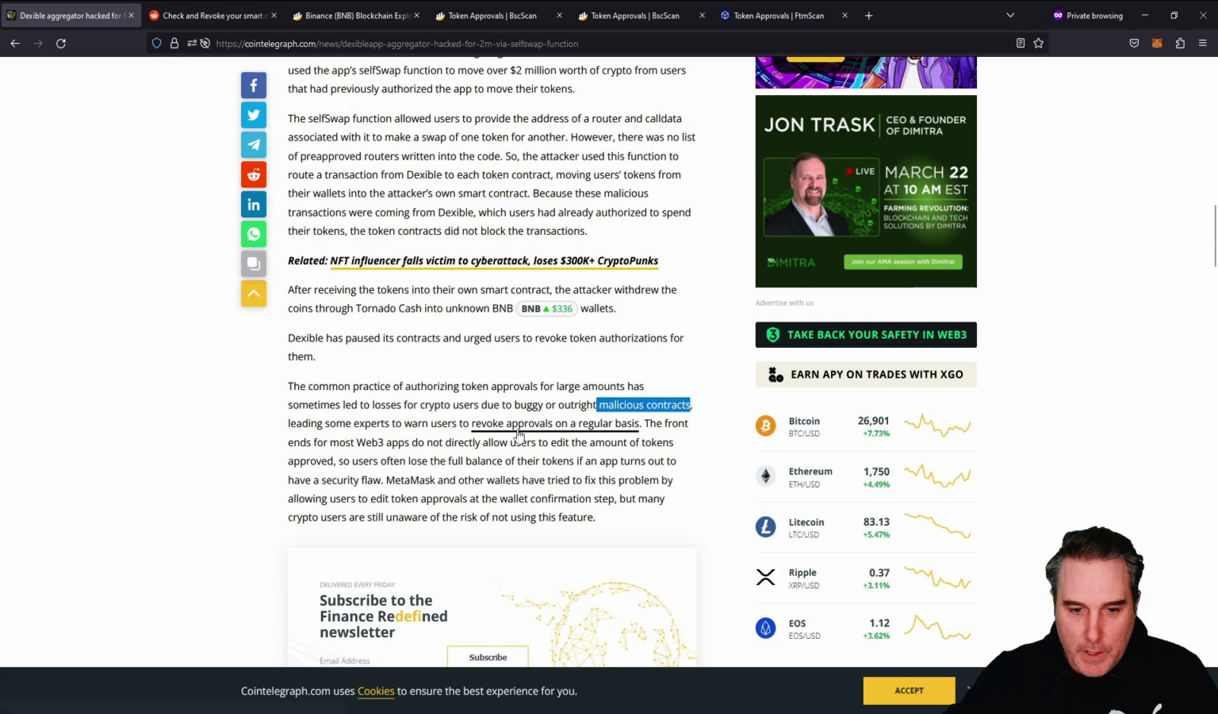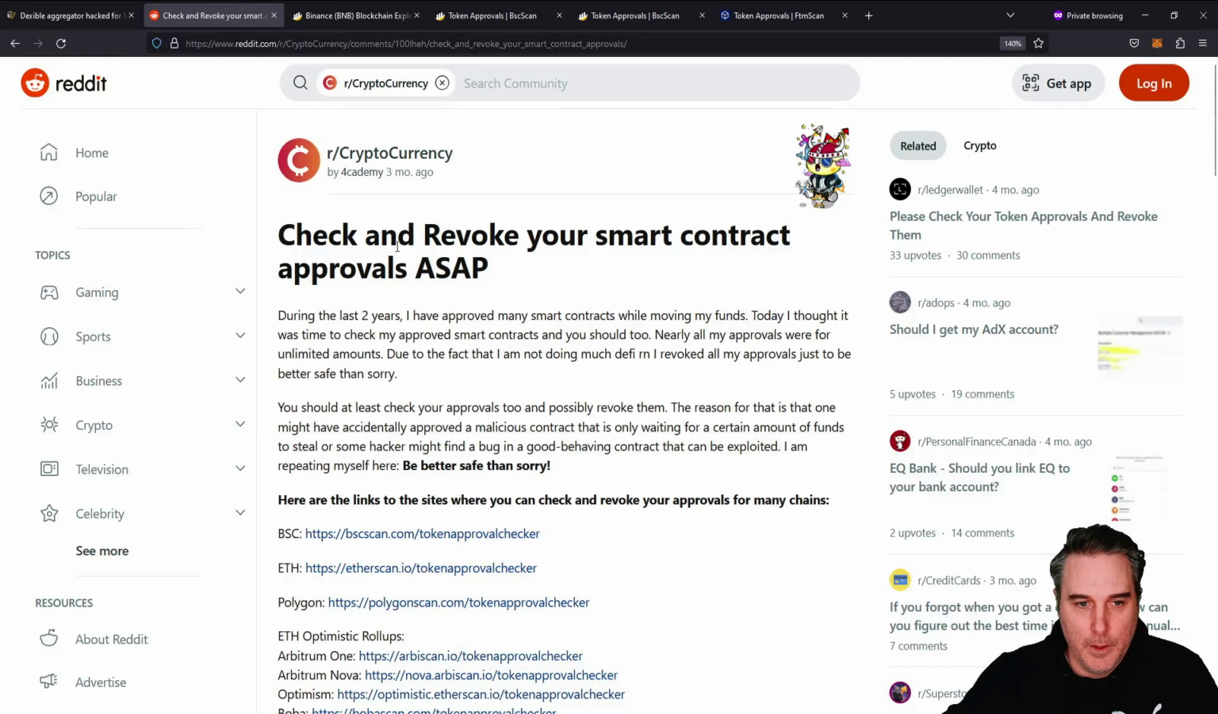So this link here takes me to one of these experts that this article talks about. And this Reddit user, again, only 3 months ago, so the point here is check and revoke your smart contract approvals as soon as possible. This user goes on to talk about, over the last few years, I've approved many smart contracts. Okay, so that's what all of us are doing is, for example, if you have the MetaMask extension like I have here, and you go to a DApp or a DEX,